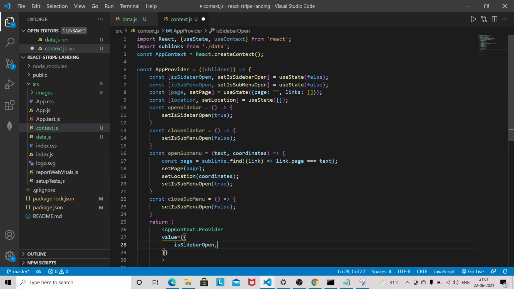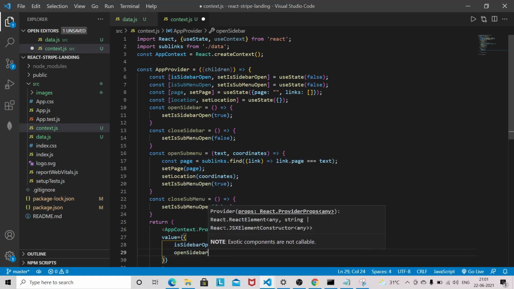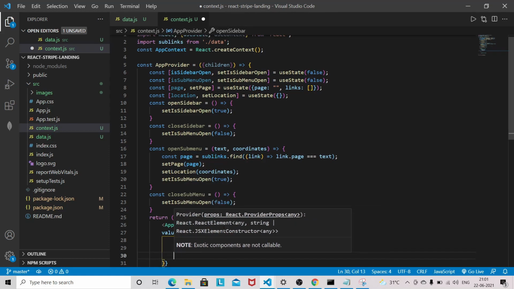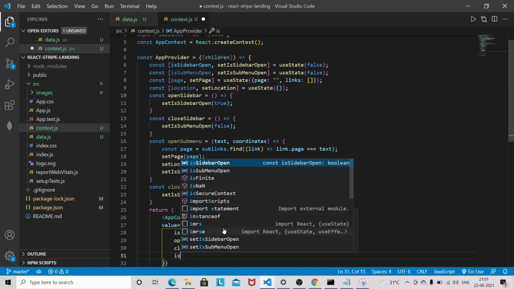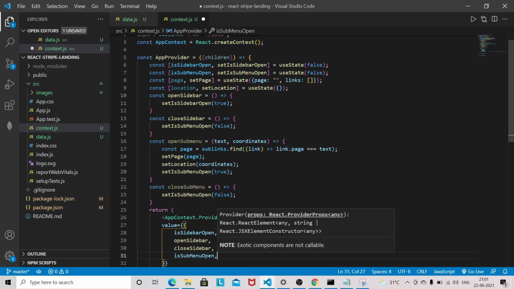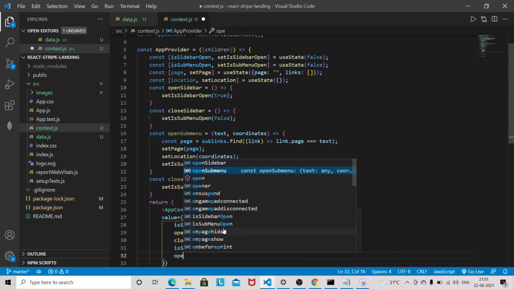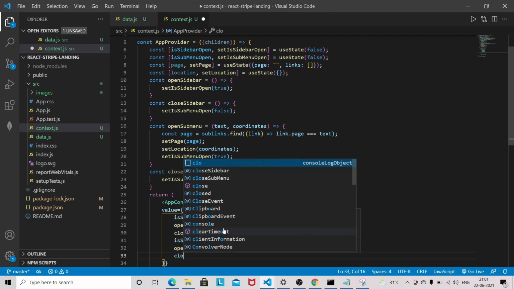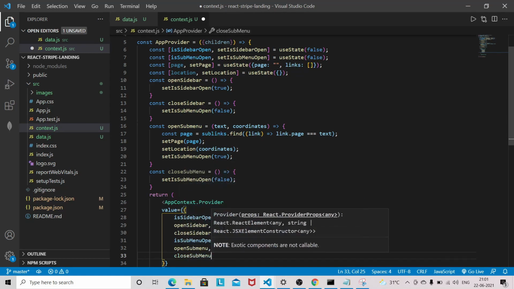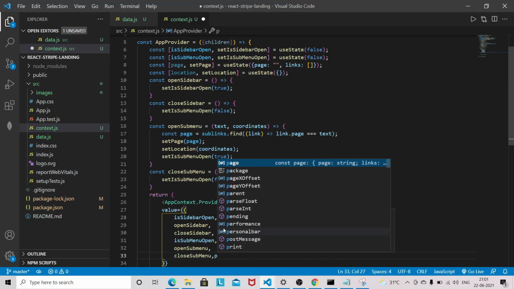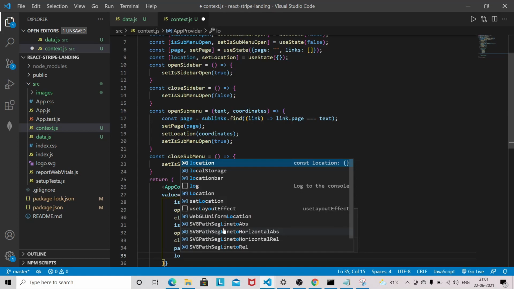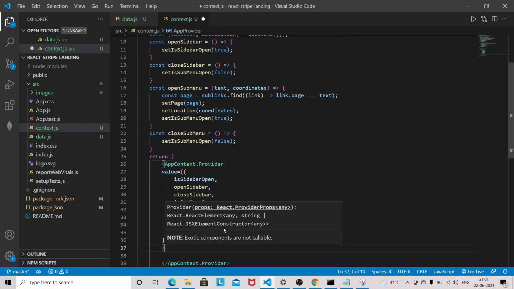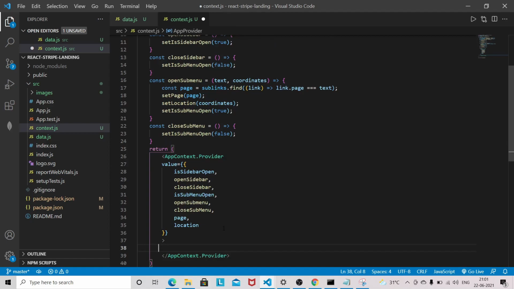So isSidebarOpen, openSidebar, closeSidebar, then isSubmenuOpen, openSubmenu, closeSubmenu. Also we need to send the page and location, and inside that it will have the children.